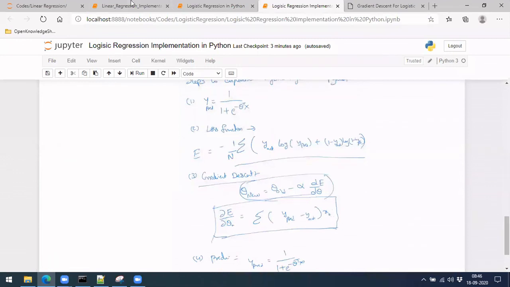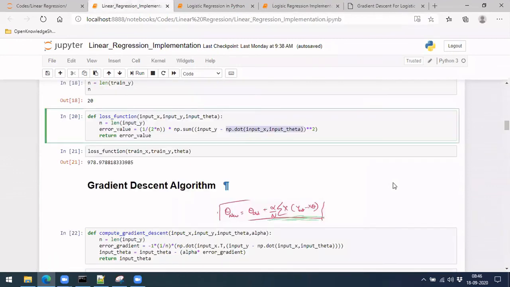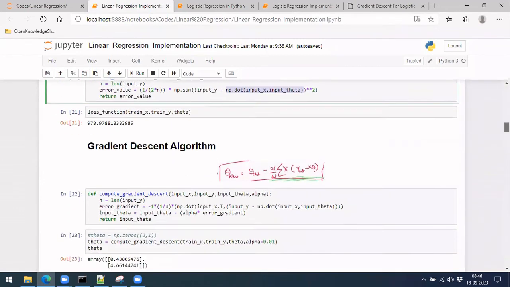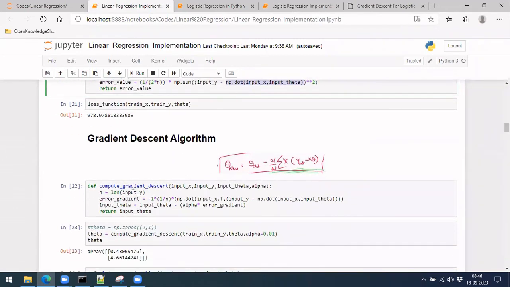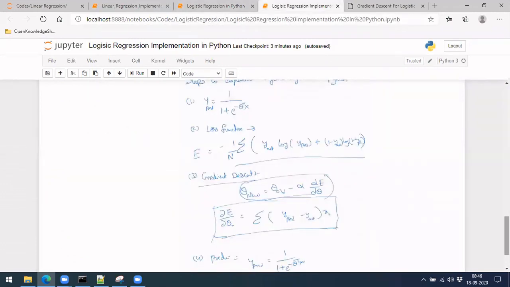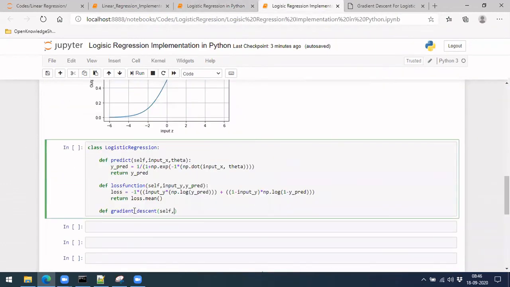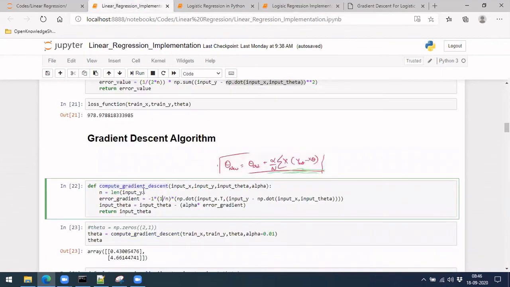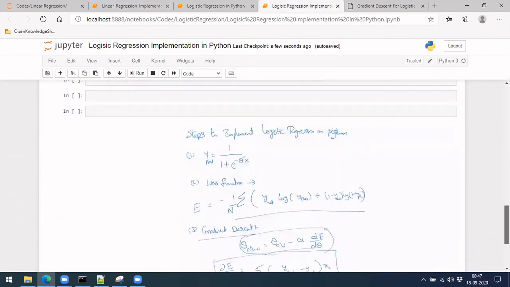If you remember, we implemented a similar thing here. So let me use the same name here and follow the same convention. If you see the gradient descent we implemented during linear regression, the formula looks almost similar to what we are using here, right?